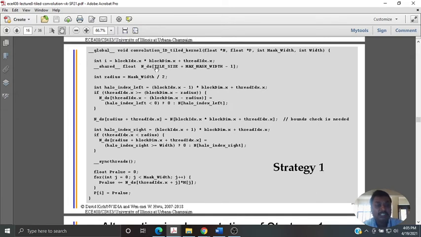NDS, I want to put this in the shared memory, and hence the keyword double underscore shared double underscore, and it is of type float. So you are allocating a memory. Whenever you are stating this, the pointer for NDS is reserved with respect to so many elements, with size of float. Once it is done, you load the halo elements with respect to left and right, and finally sync threads.